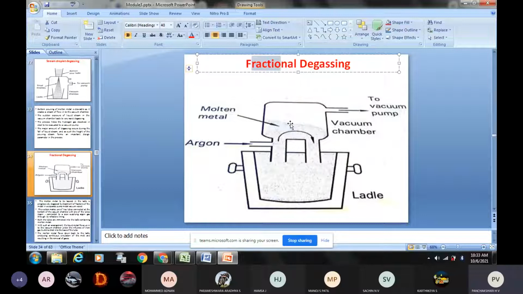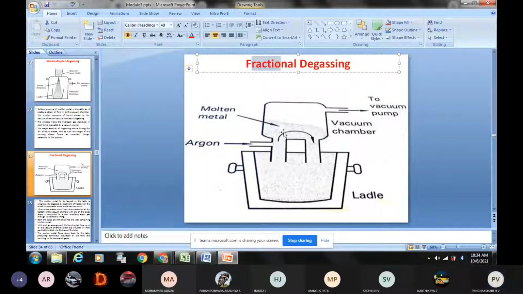When the vacuum pump is switched on, it draws out all the air particles which are present here. Nothing will be there, no atmosphere will be there. Then obviously the pressure goes to the negative side. Atmospheric pressure is not there, which means it goes to the negative side. When the pressure in this region drops below atmospheric pressure, this is very important, then what happens? The liquid metal from this ladle rises into this region. Into this region, it automatically rises.